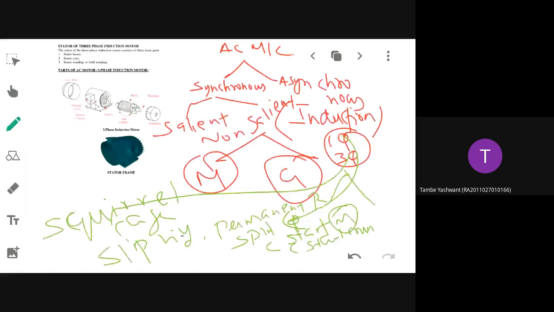So just to summarize the broad category, AC machines can also be classified as what? Motors and generators. And the broad category of classification is synchronous and asynchronous. Under synchronous machine, what are the two classifications that you are having? Salient and non-salient. I have already told you in an earlier class that whatever machines you are having for generation of power in thermal power plants or hydel power plants, those belong to what category? Synchronous or asynchronous? Which one?